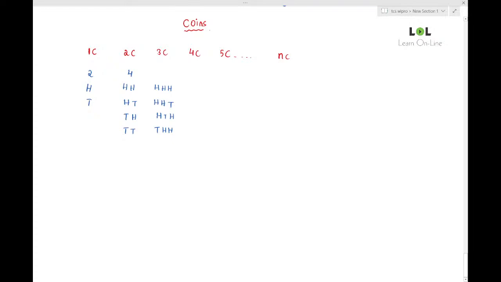Okay. So now let us see further. What else can I have here, guys? I can have two tails and heads. I can have tails, heads, and tails, or heads, tails, and tails, or all tails. So how many cases can I get here? 8 cases. So if you see, one coin, two cases; two coins, four cases; three coins, 8 cases; four coins will be 16 cases; five coins will be how many? 32 cases. So what is happening here, people? This is 2 power 1, this is 2 square, this is 2 cube, this is 2 power 4, this is 2 power 5, and finally this is 2 power n cases. If there are n coins, then there will be 2 power n cases.